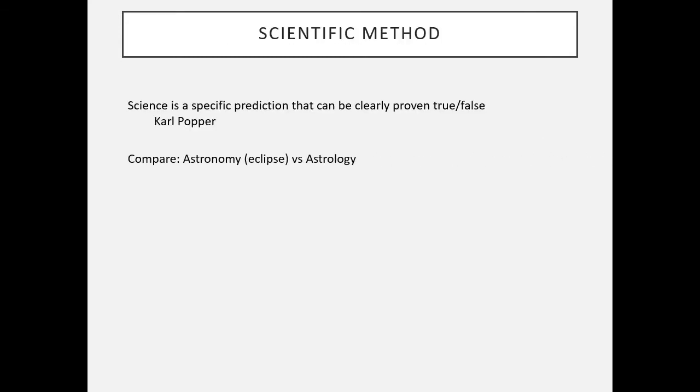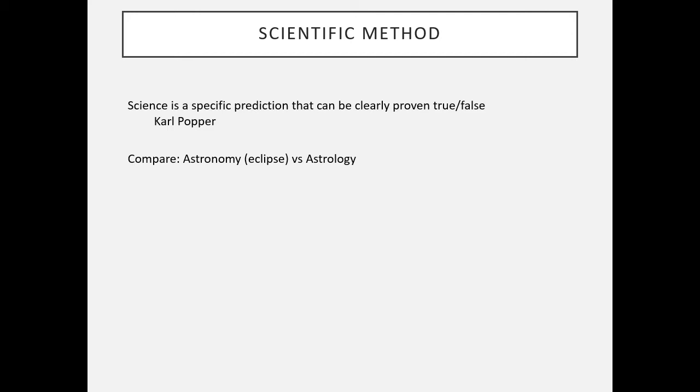A point I'll give you: the article you have to read is by Karl Popper, about the definition of science, which is whether you can make a specific prediction. Think of something like astronomy versus astrology. Astronomy makes a precise prediction about an eclipse, about the position of a star, particular planets or the moon,